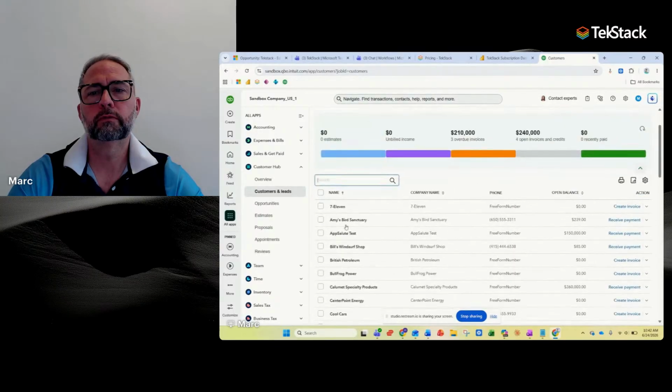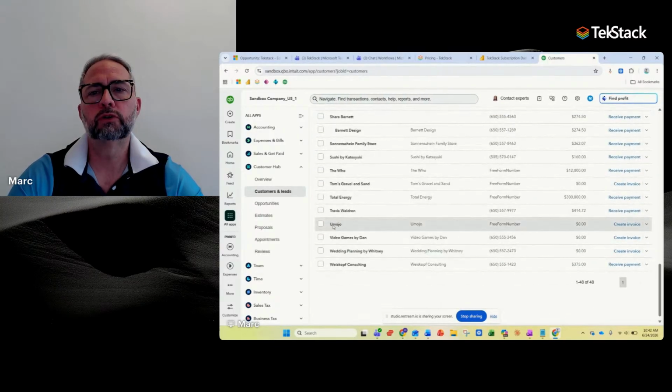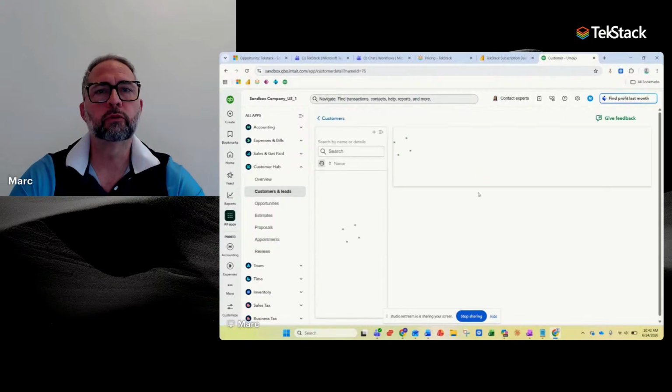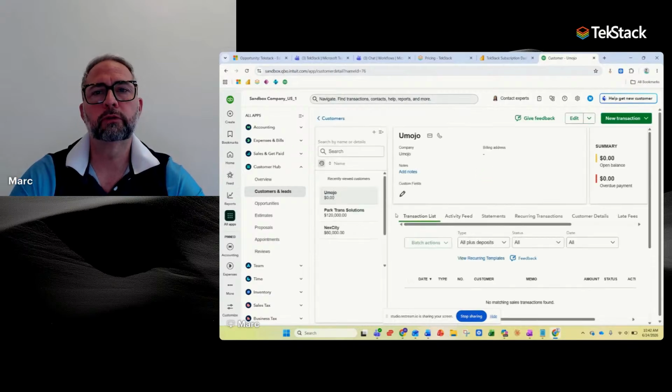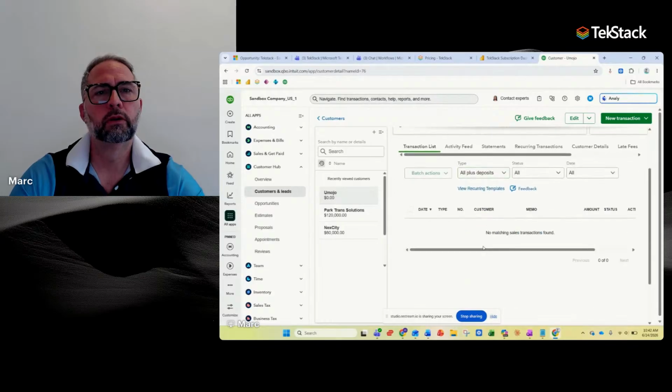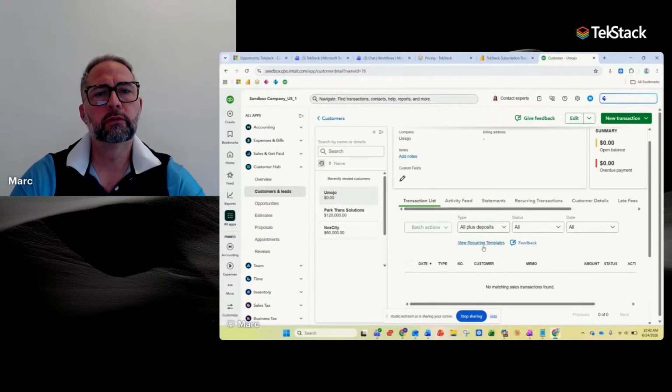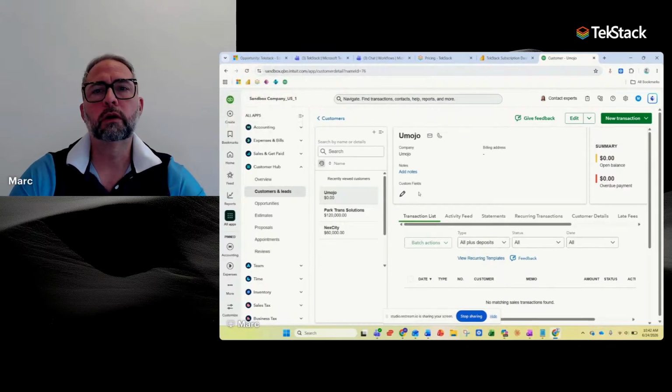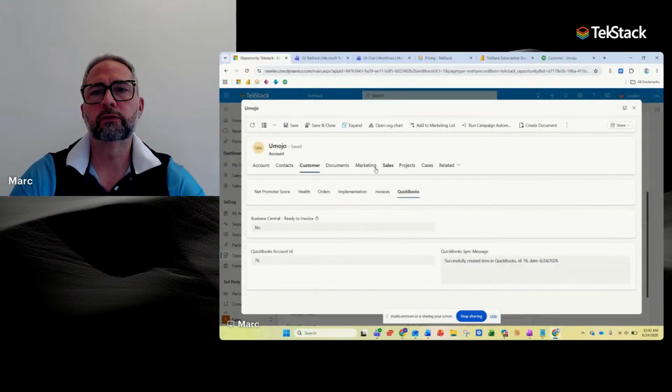Okay, so now I have Mojo, and for Mojo, the invoice would be sent over as well. So here I have, did I send the invoice? No, I created the customer. I didn't send the invoice yet, but I could send that invoice. So if I wanted to go to invoice,